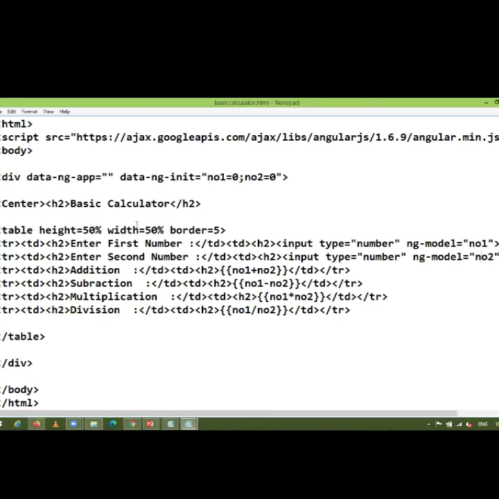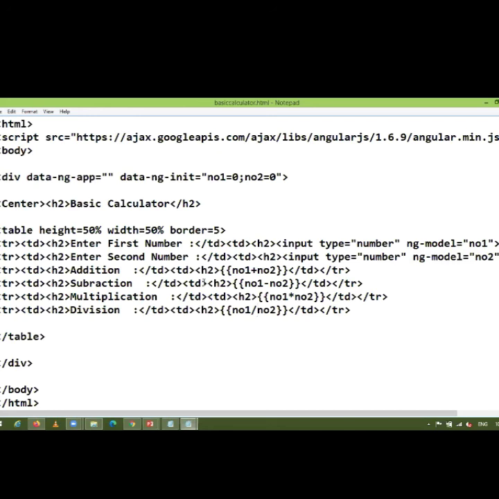And then by using expression and basic operators, you will get simple addition of these two numbers, subtraction, multiplication, and division of these two numbers. Here we are using simple or basic table tags to get the calculator in tabular form.